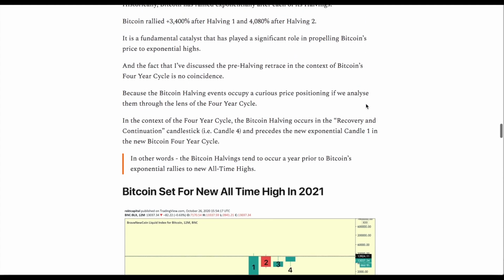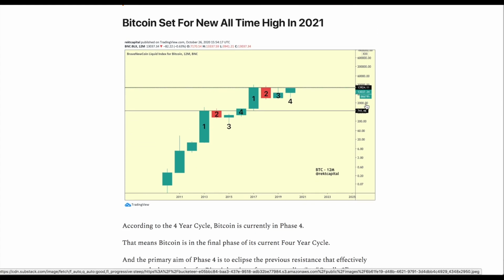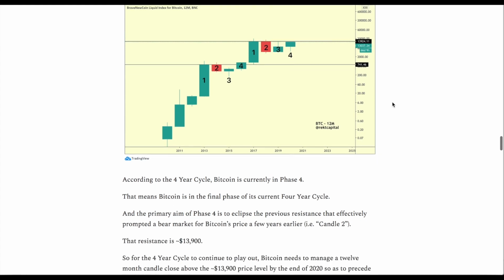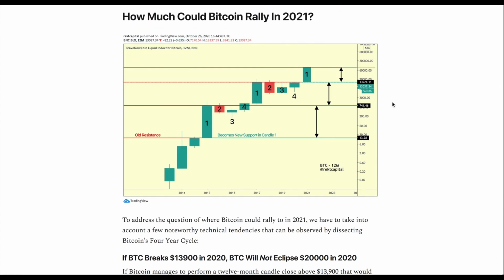There is no coincidence, because the halving is a fundamental catalyst. It's a fundamental shift in the Bitcoin protocol, and this has resulted in fantastic price appreciation over the years. But I want to talk about this price appreciation because it's really important not to get soap in your eyes in terms of the exponentiality of these movements, because we've already covered how these previous resistances of the 4-year cycles